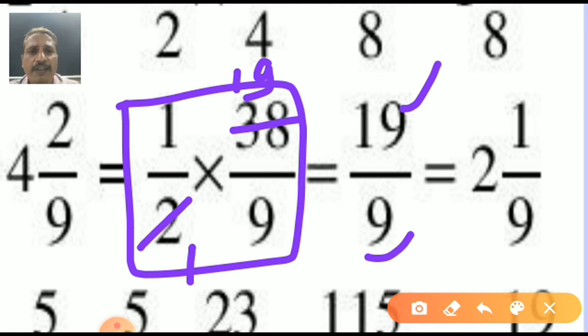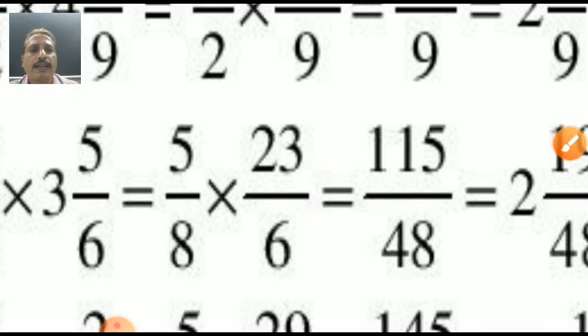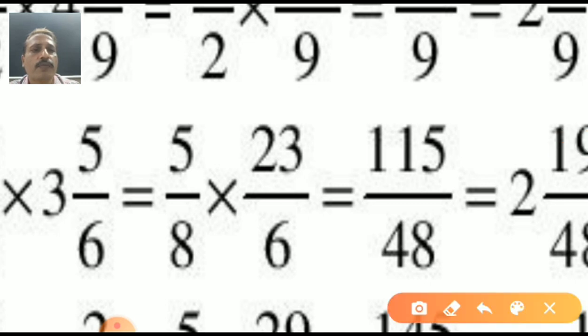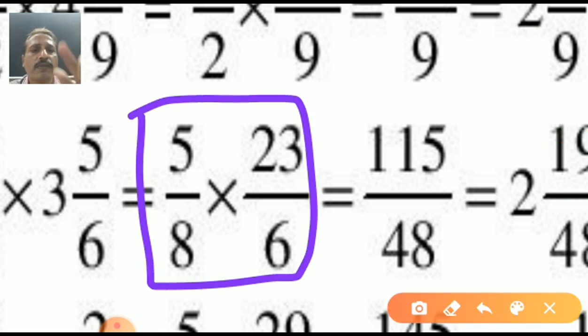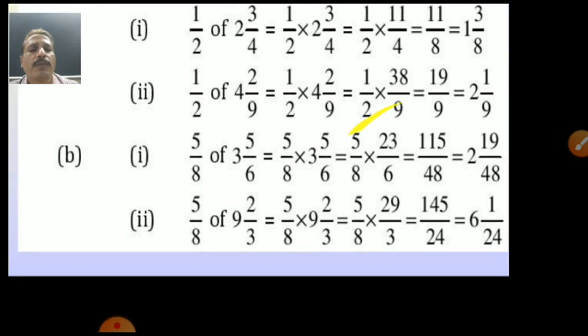Easy? If it is possible, cut it here only. Simplified. Now look at this one. Is anything possible? No. That means we have to multiply together. Here 4 numbers are there, but no relation between each other. Now let's look at the last one. Yes, there is also nothing. You can do this in multiplication format.